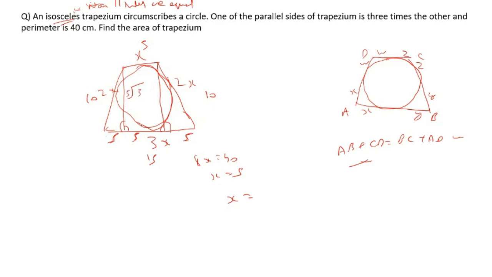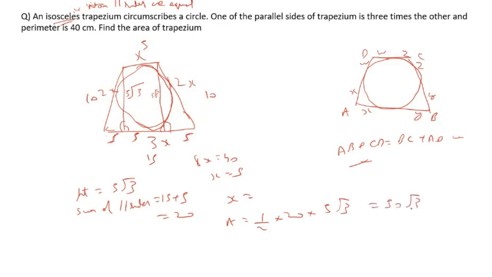And again, because these are parallel lines, the height will be the same, whether you draw here, here, or here. So this will also be 5 root 3. So the height of the trapezium is 5 root 3, and the parallel sides are 15 and 5, as we know. So the sum of parallel sides is 15 plus 5, which is 20. Area will be half into sum of parallel sides into height,